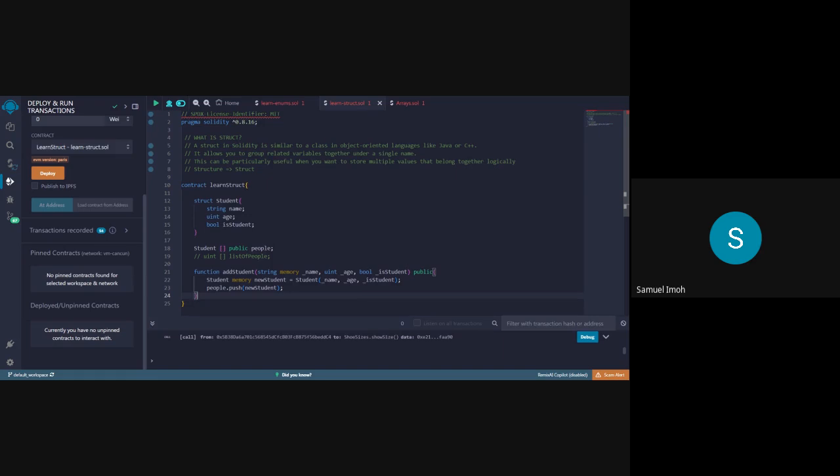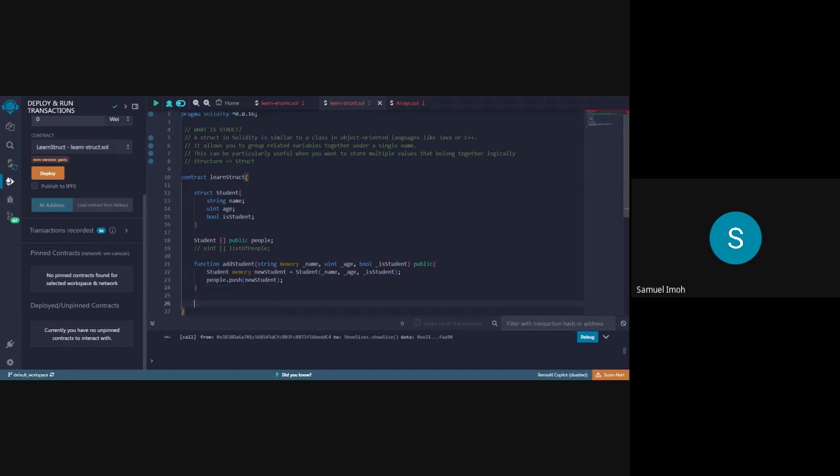All right, so the next one is to get what we have actually pushed. So say function. Now we can say get students. All right, so now we are going to be getting students using their index. So we are getting students with their index. Index in the sense that